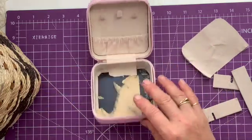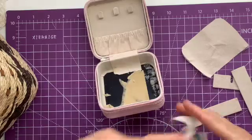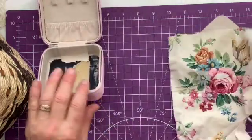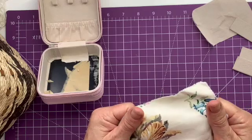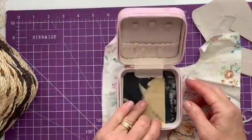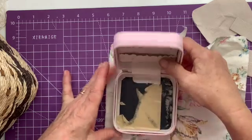So I have a few fabrics. Obviously I've got my big box of fabrics here, and I saw this in the basket when I was opening up the lid, and I thought, oh, this would be quite nice. It's quite thick. It's more like a heavy cotton, and it goes well with this because it's pink. So what I'm going to do is turn that over, put that on the top there,